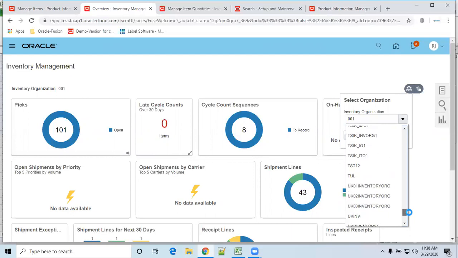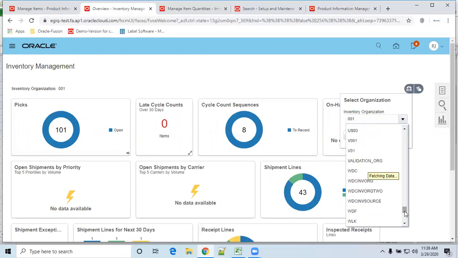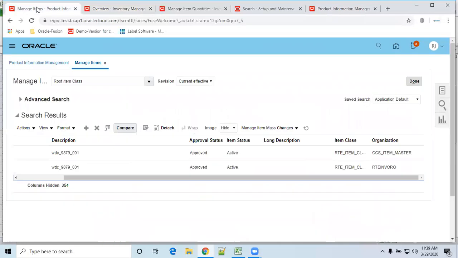So what is our organization? RTE. I think we don't have it, I guess. There are a lot because this is a demo instance, right? So many people will create so many things. What is that? Sorry. RTE.